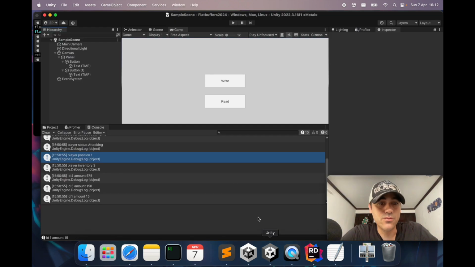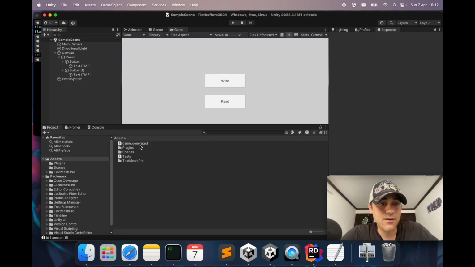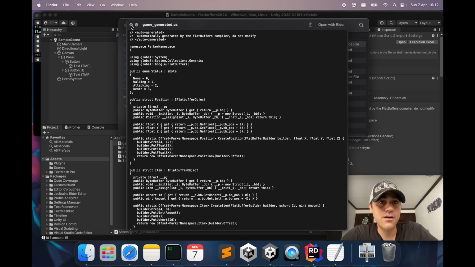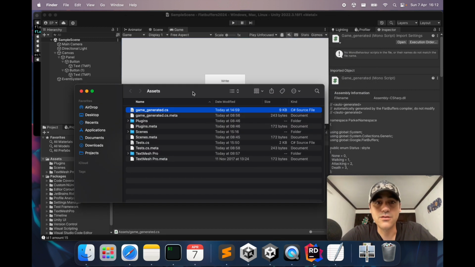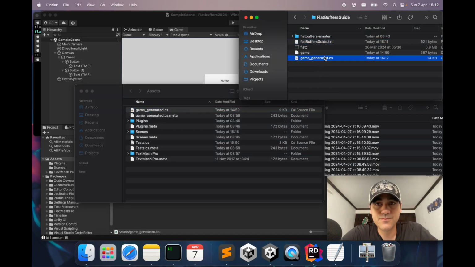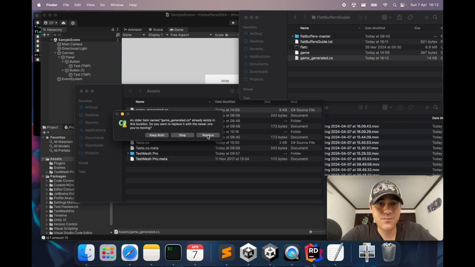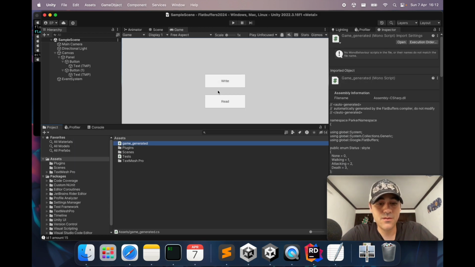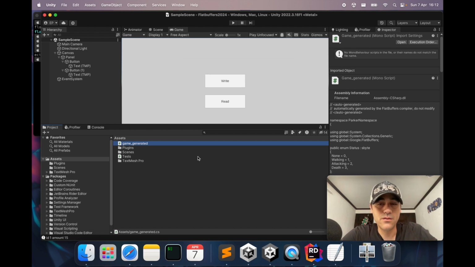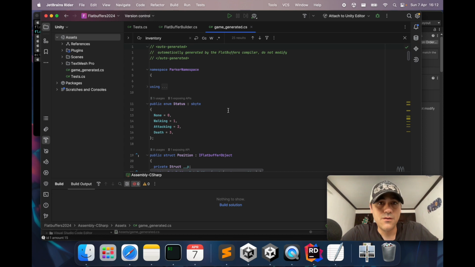And now we need to replace the file that we added in Unity with the new one. Now let's recompile. If we check